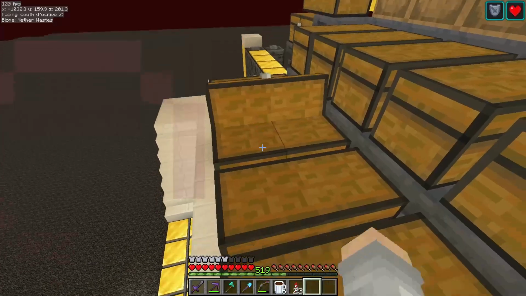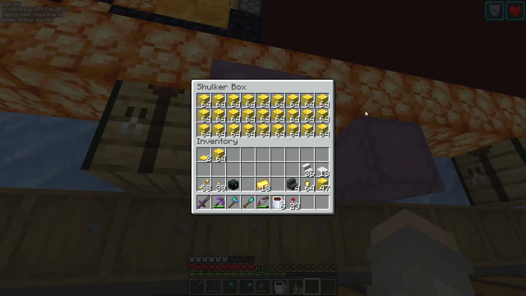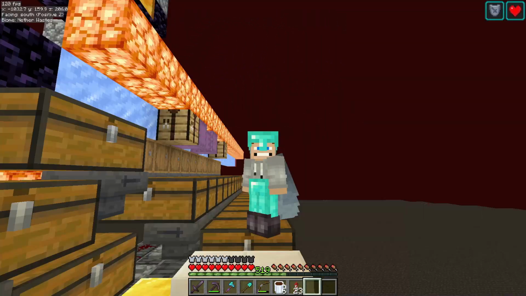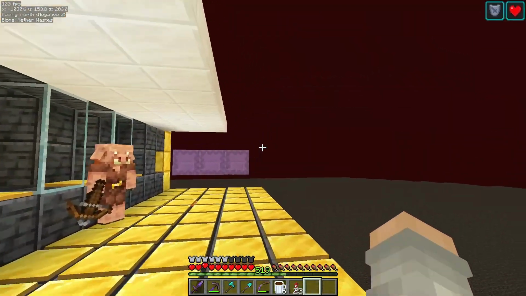Look at this. All of these chests are completely full of gold nuggets. We have a whole shulker box of gold blocks. We have some in here. And this is full for piglin trading, which is what we're going to work on today. And then after we're done, we are going to go work on the mega...